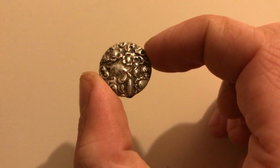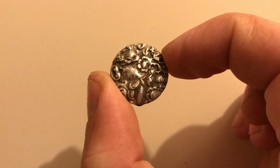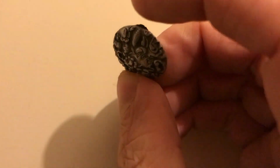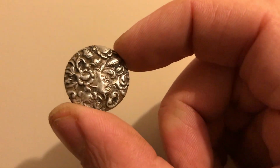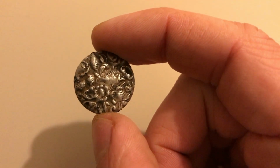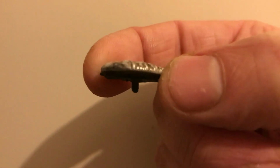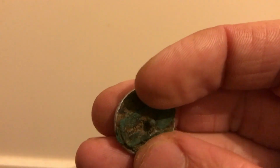And last but not least is the find of the day for me, I think, which is this absolutely beautiful silver button. As you can see, it's cleaned up really well, and the decoration and the pattern on it is phenomenal, absolutely brilliant. I've never seen a silver button like it. Really decorative. It's really nice, and it's rounded, as you can see, so it's not completely flat. On the back,